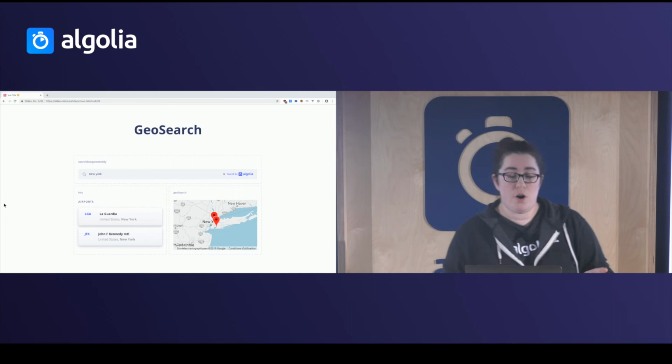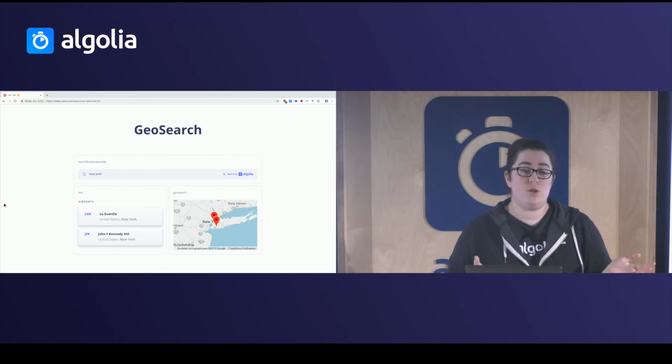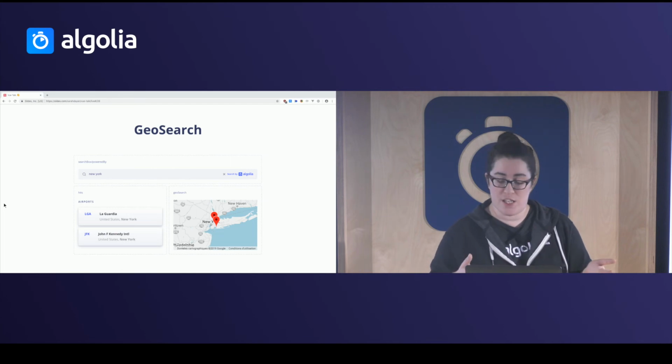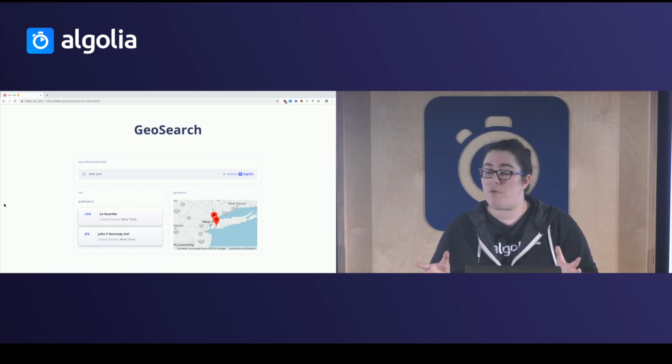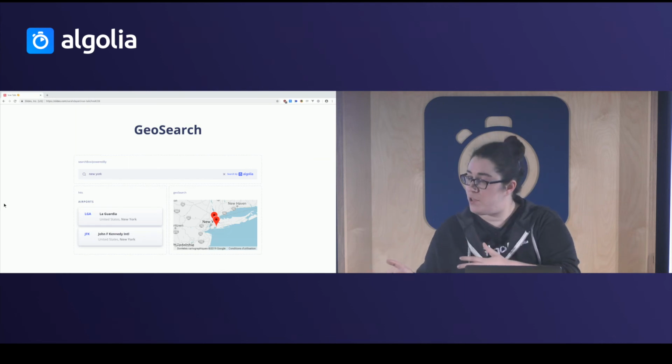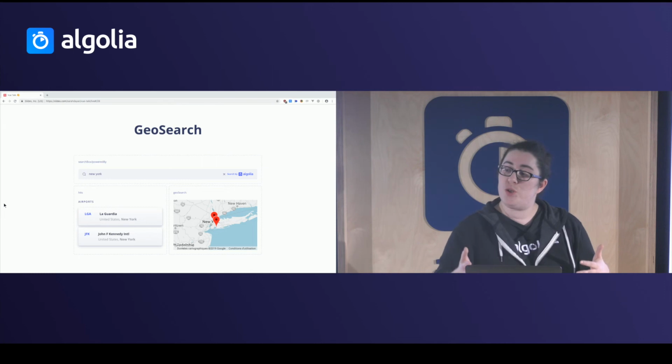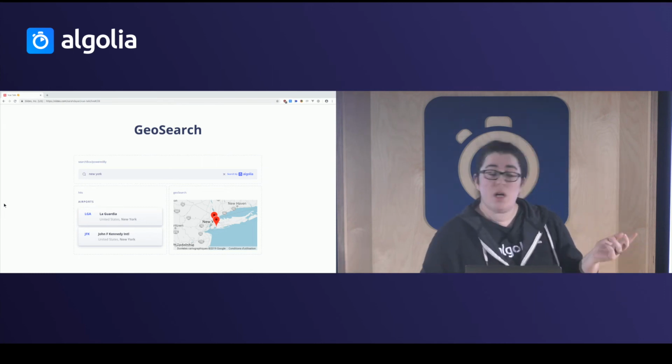So as we saw earlier, Vue InstantSearch uses slots, scoped slots, to do the personalization. And it is a little bit different from the other flavors of InstantSearch, let's say React and InstantSearch.js, which use something else that is called